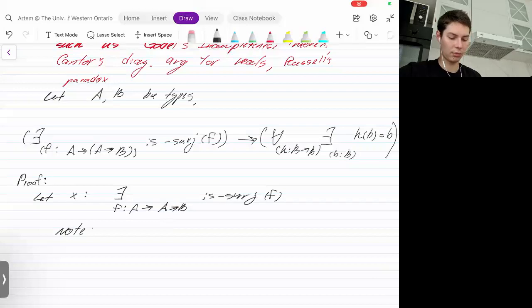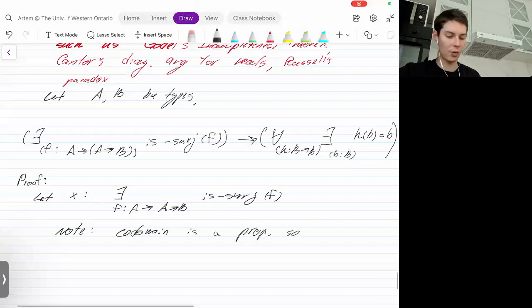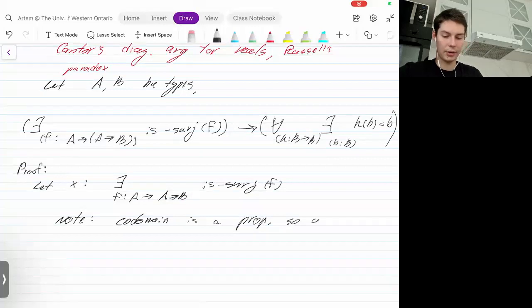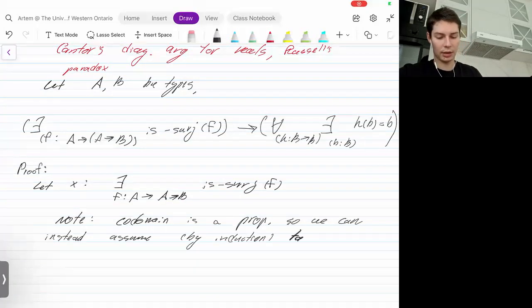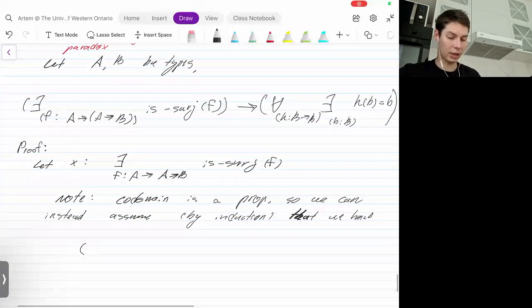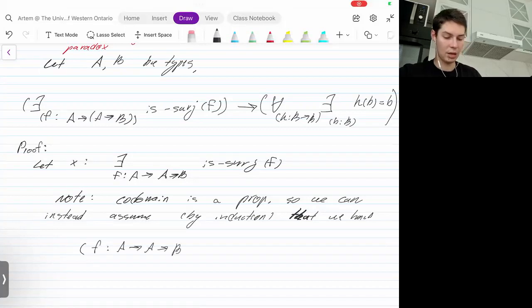Note, the codomain is a proposition. So we can instead, again using the property of propositional truncation, assume also by using induction that we have an actual element f from A to B, and